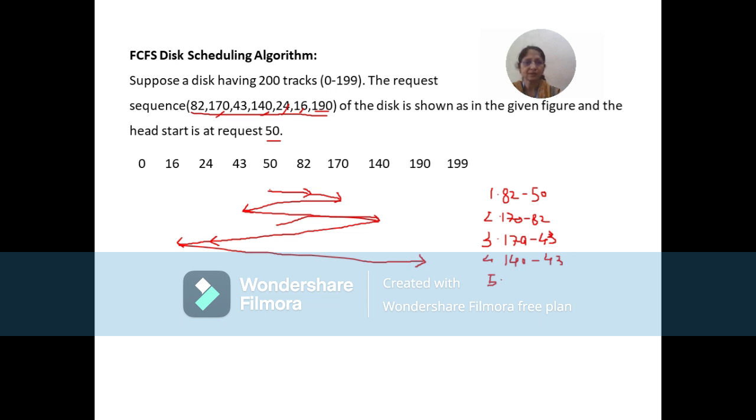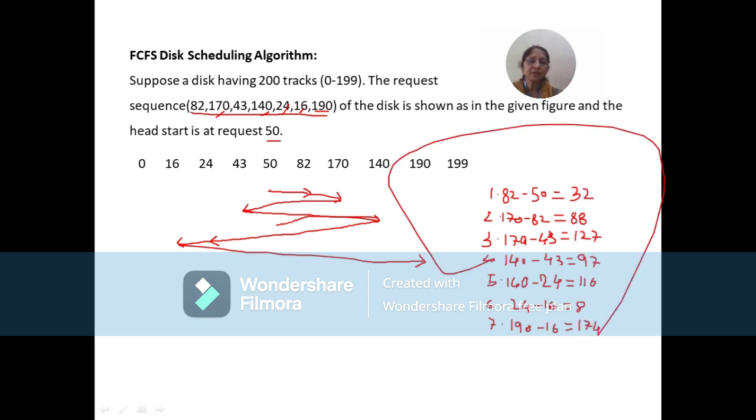So we'll just write the track movements and keep subtracting the lesser track number from the higher track number. Next, we will calculate the answer of each and every subtraction and then we will add all these answers, and that's going to be our total number of head movements for the FCFS disk scheduling algorithm. In this disk scheduling algorithm, the requests will be served on the basis of first come, first serve. So in this sequence, the first request is 82, then 170, then 43. In the same sequence, the requests will be served. So let's calculate. 82 minus 50 is 32.